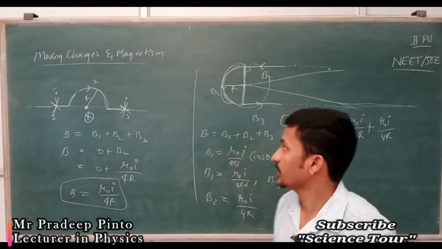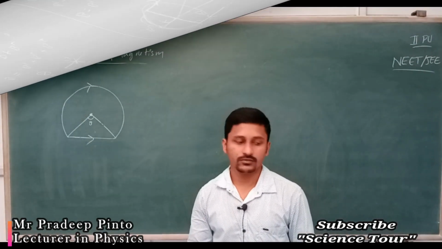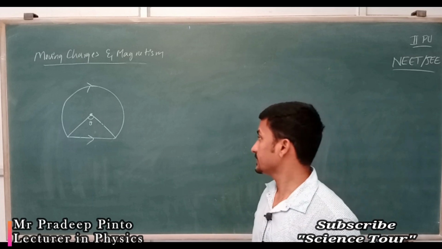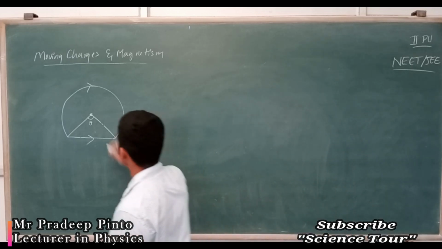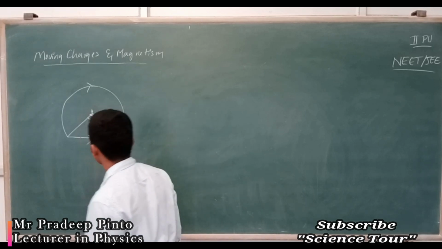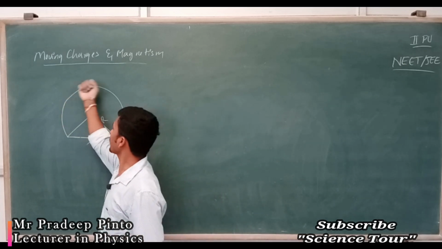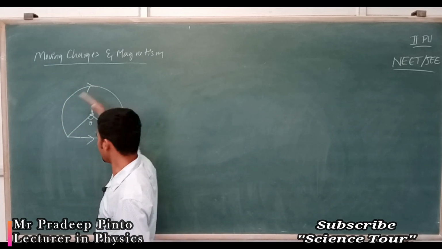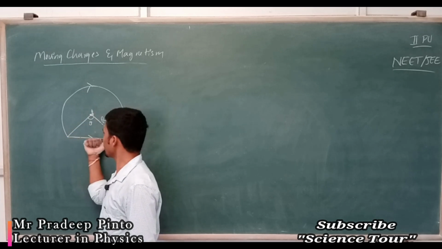Okay, so next we are going to talk about some other cases. Now one more problem we have given. This is the circuit and we have to find out the magnetic field at a point P. Okay, and this will be the R. Now what are the cases? This is not a circle, right? So it is not even half of the circle, it is 3/4 of the circle, and this is the value. See, in this place the current is flowing in this way.